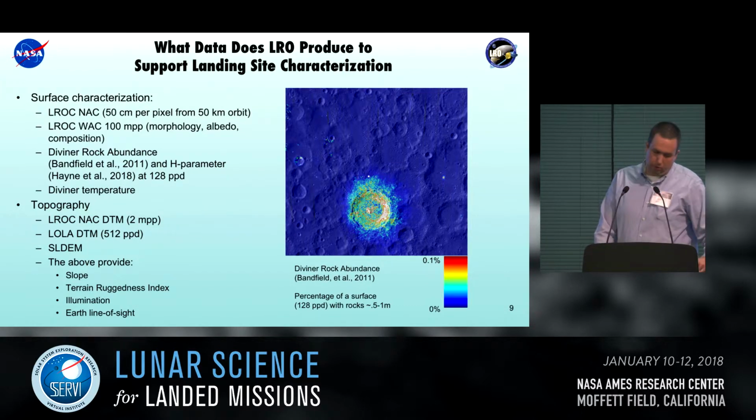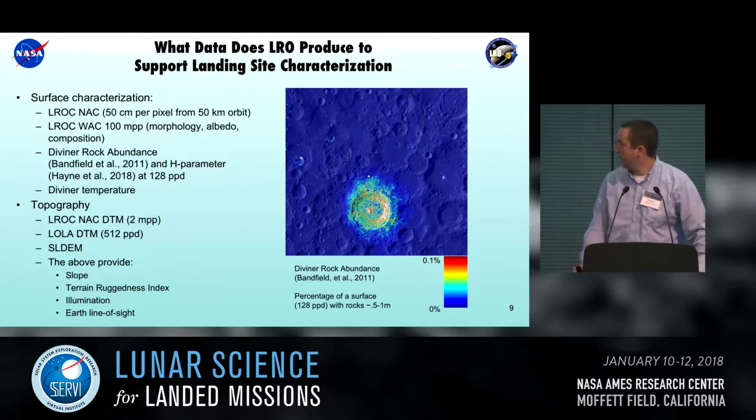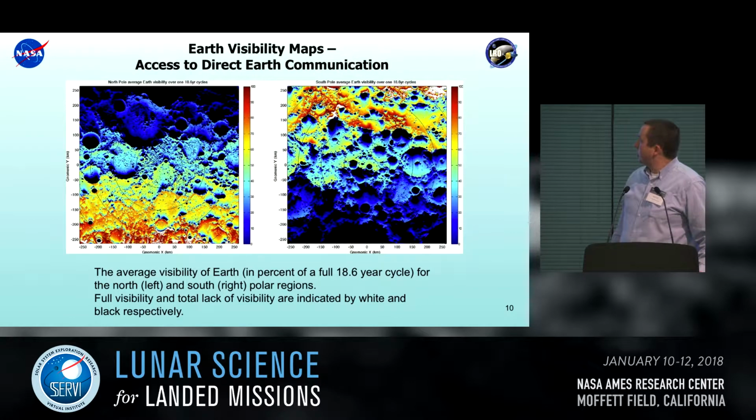But we have incredible context from the LOLA product as well as this joint LOLA-Kaguya product. All of those topography products, of course, tell us something about slopes, the terrain ruggedness that Brad highlighted. We can use those for polar illuminations and, of course, calculating Earth line of sight. So just as an example of that, this is some material the LOLA team has produced, and it's available in